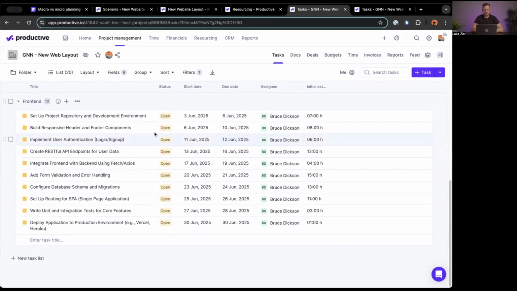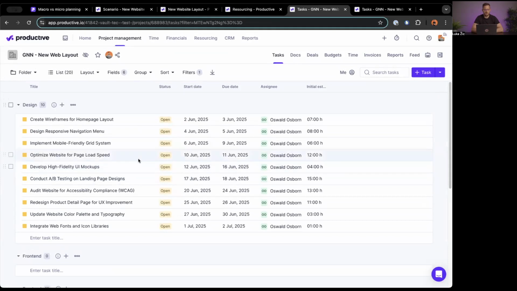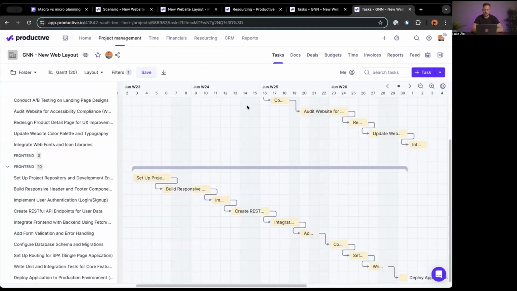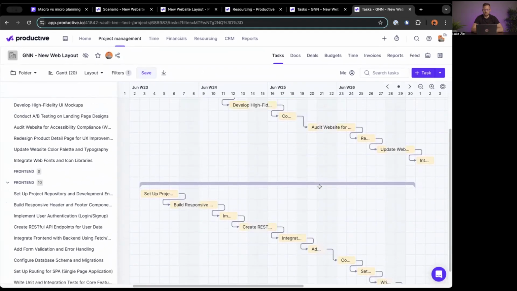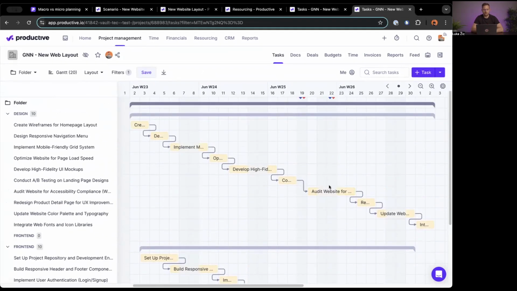I can view this in either this format in just a simple list, or I can go into my Gantt view here and see what my project plan generally looks like. And those more attentive among you will notice that even though we are starting at the start of June, we are actually projecting to go a bit beyond the end of June. So we're going to be 2 days into July, but I'm hoping that the client will forgive us for that.